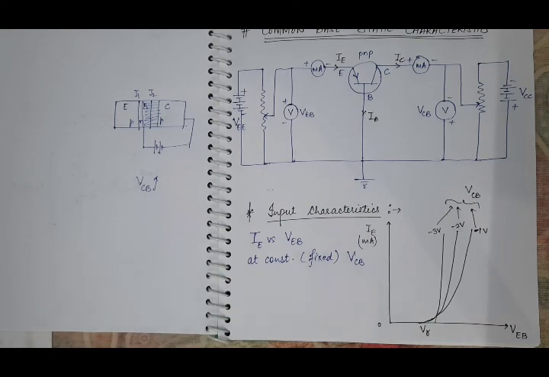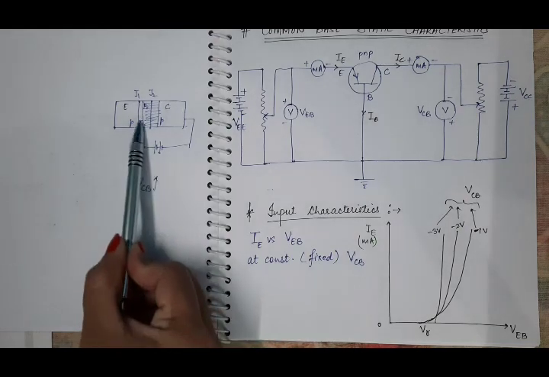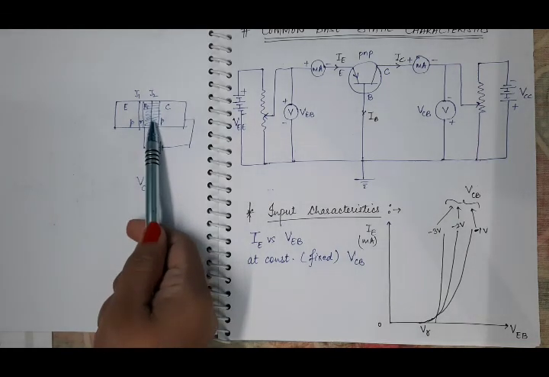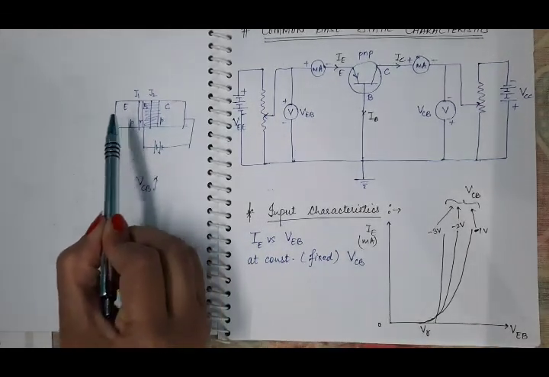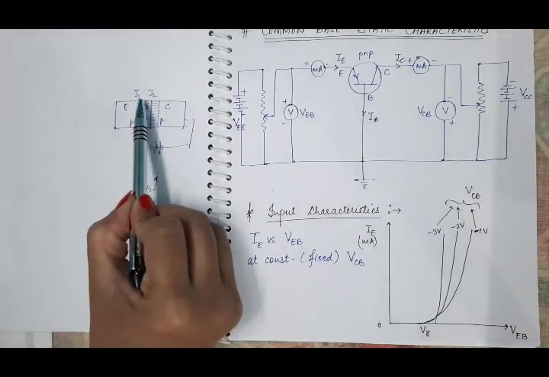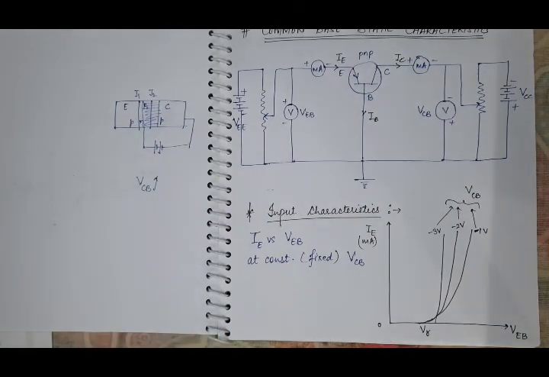So there will be one stage when the whole area of the base region will be covered by the depletion layer at the collector base junction. It means at that time, the emitter region will be in touch with the depletion layer, because the whole base region is now a depletion layer. So in the case of a reverse biased junction, this is the depletion layer of the reverse biased junction.